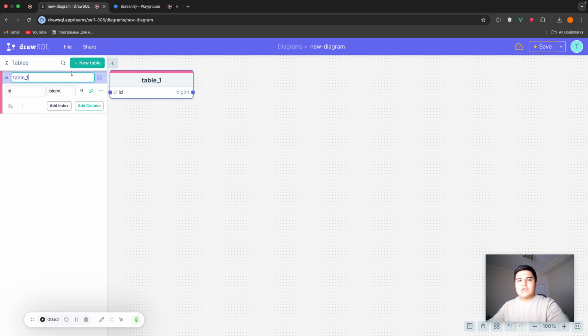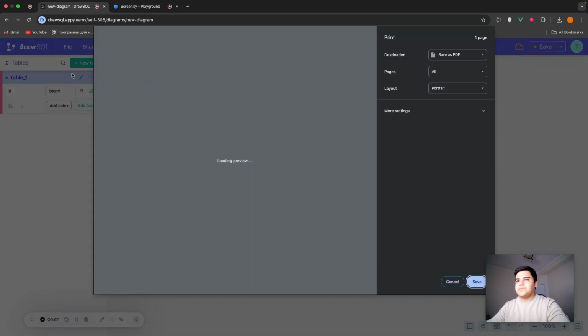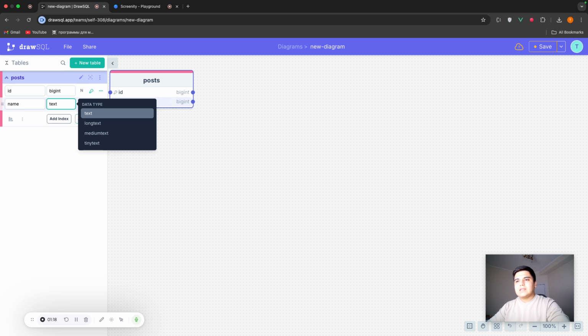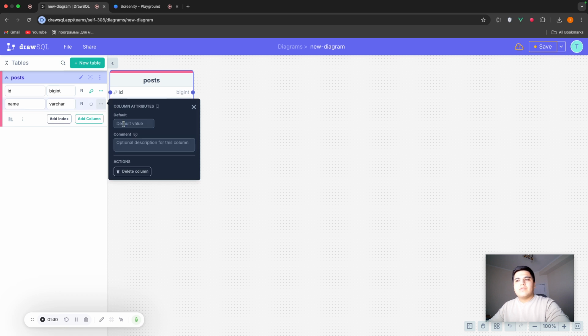So we're going to create a new table. Let's call it, for example, posts. Why not? Sorry, wrong key clicked. All right, so the table is going to be called posts. It's going to have ID, big integer, unsigned, and we can give a column name here, for example, name of the post. It's going to be long text. You can choose the types here or just varchar. You can make it nullable, give some index, primary keys, and all that stuff, and also give a default value and add a comment.